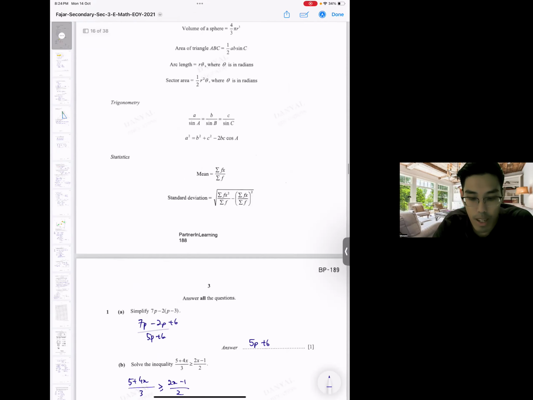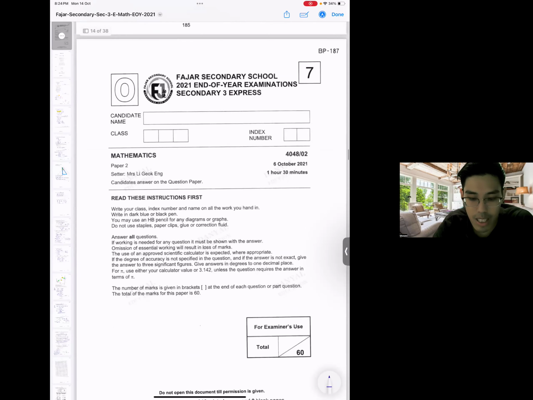So with that, we have come to the end of this paper. Subsequently, I will see if I can find time to fill and get ready for O levels. And for A maths as well. This is E maths; I'll see if I can find time to do A maths as well. Let me know if you have any specific papers that you want me to fill. Then I can also make time for it, or maybe I can adjust my papers lineup a bit for the papers that you requested.